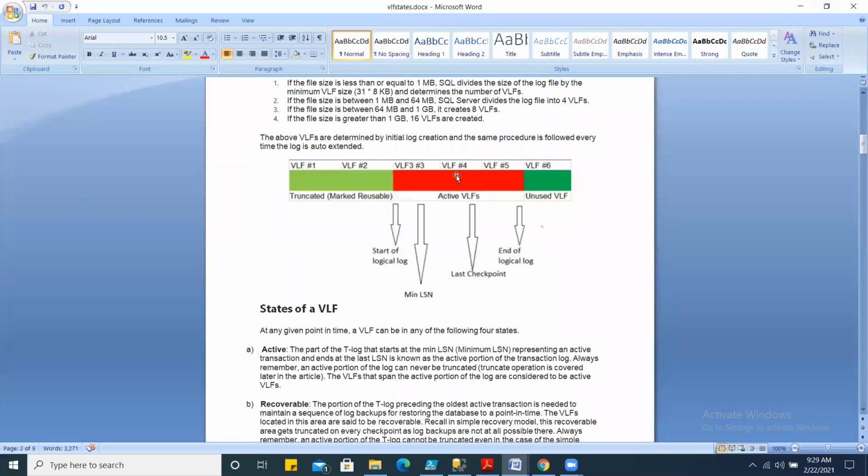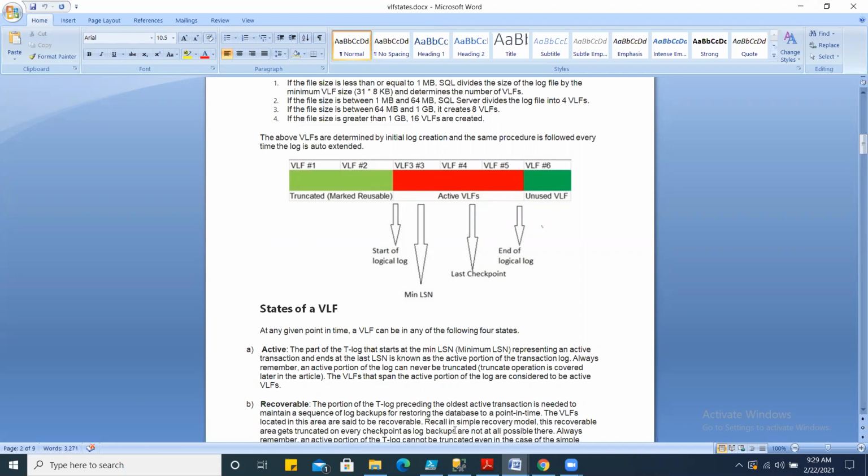So now come back here. Your transaction log file is divided into multiple VLFs, right? VLFs are a logical structure. The objective behind dividing a physical file into multiple VLFs is to make the transaction log file space reusable.